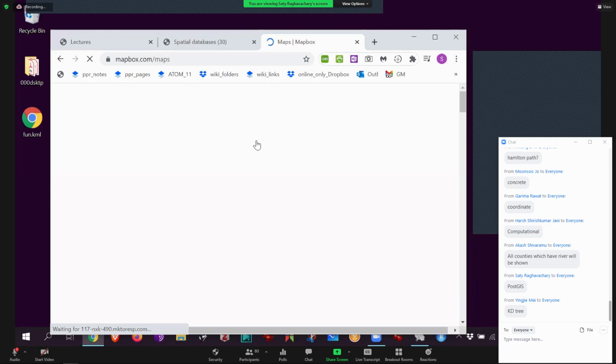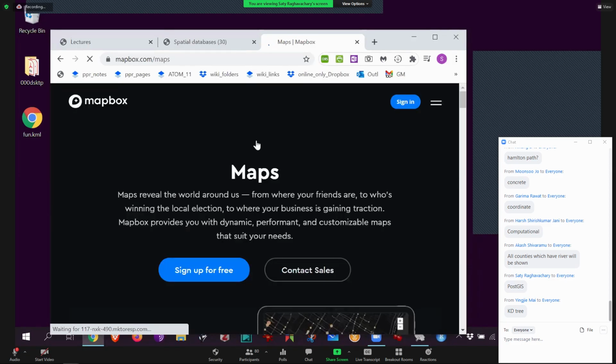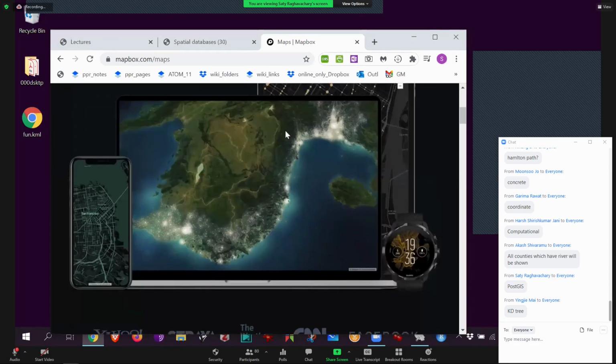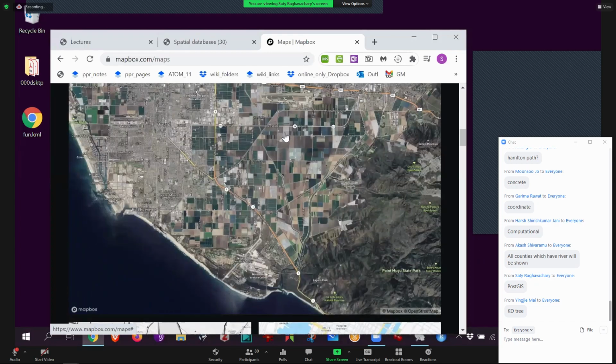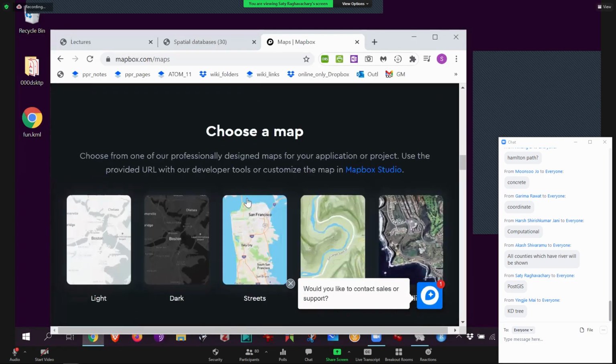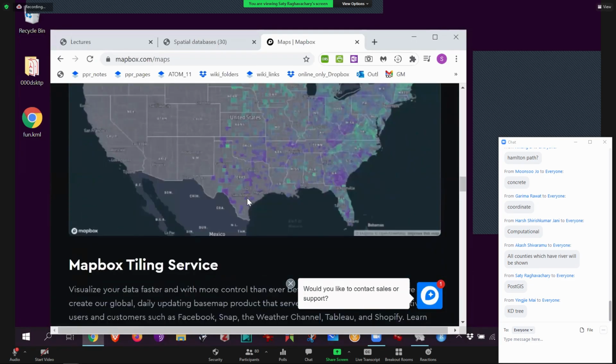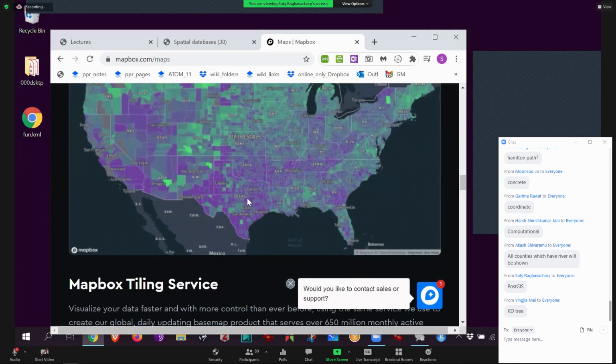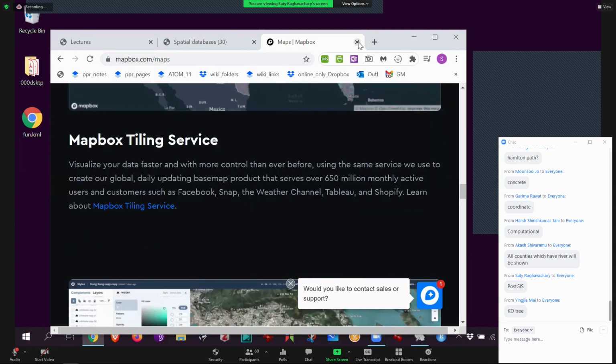You don't have to have your own server that has PostGIS installed and do stuff with it. Let somebody else do all that. The thing that they don't have that you have is data. And the thing that they have that you don't have is all the analysis and all the plotting. So then they both meet. You pay somebody for it. That's it. Cool. Okay, so that is Mapbox.